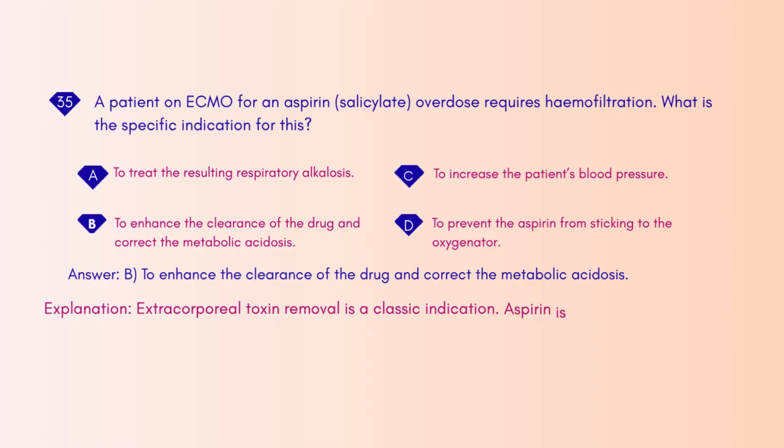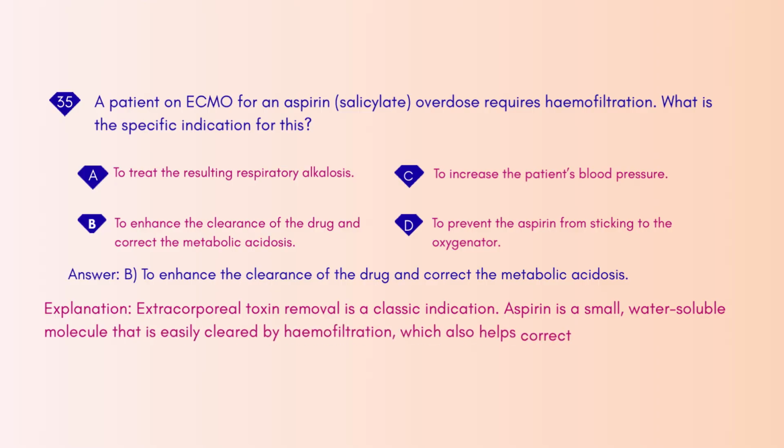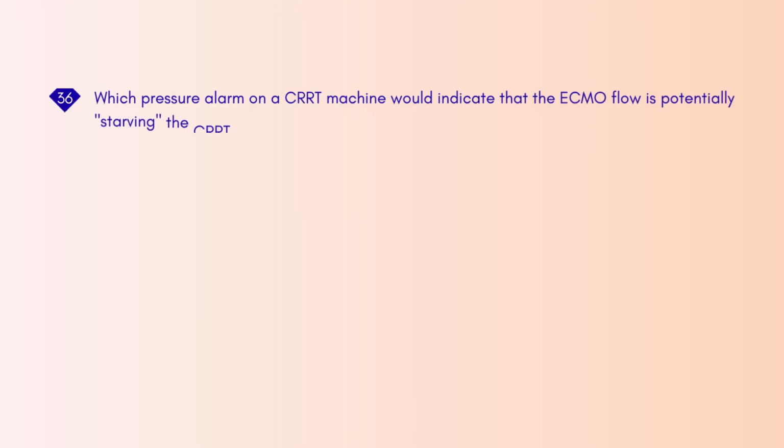Explanation: extracorporeal toxin removal is a classic indication. Aspirin is a small, water-soluble molecule that is easily cleared by hemofiltration, which also helps correct the profound primary metabolic acidosis seen in toxicity. Which pressure alarm on a CRRT machine would indicate that the ECMO flow is potentially starving